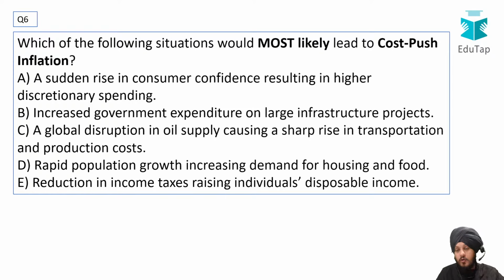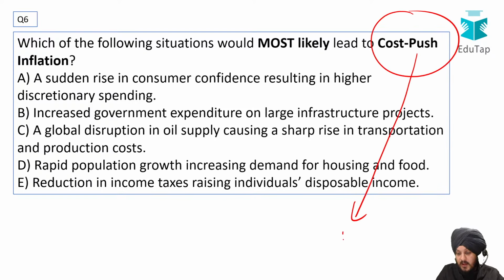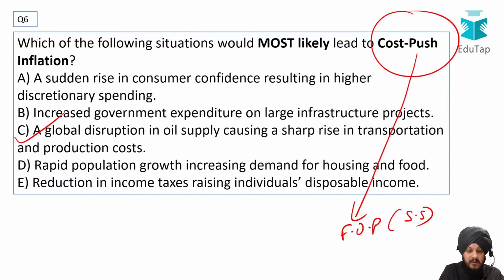Yes, so if you talk about cost push inflation, what is the primary factor behind it? It is basically nothing but the factors of production, right? So it is primarily from the supply side factors, right? And if we see these options, out of them C can be the correct answer to this question,